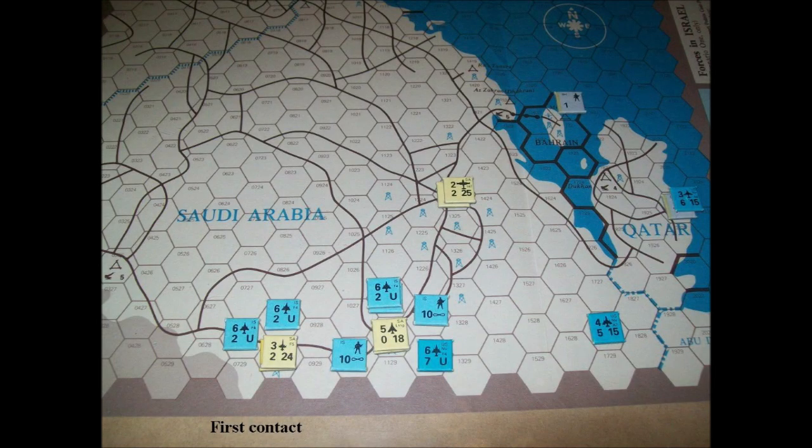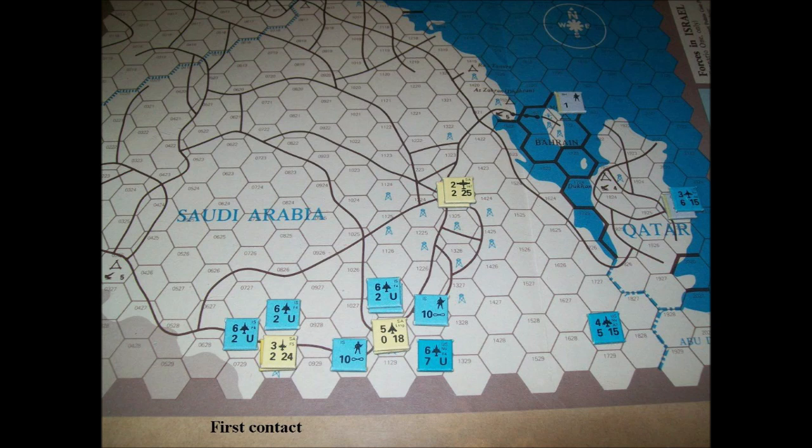We're going to go right into turn 1 of this game. Again, I'll just recap. I'm playing the first scenario, which assumes an Arab-Israeli war has broken out in the Middle East. We're back in the 70s, and the oil-producing nations in the Persian Gulf are supporting the Arabs, and they have placed an oil embargo on all nations supporting Israel, and specifically that includes the United States and the European Economic Community.